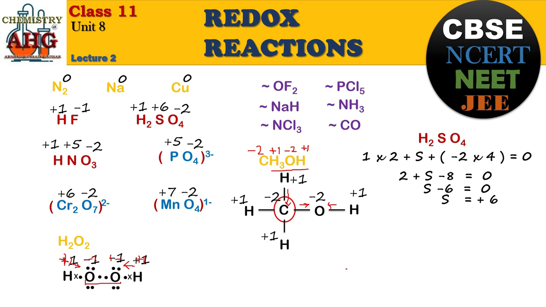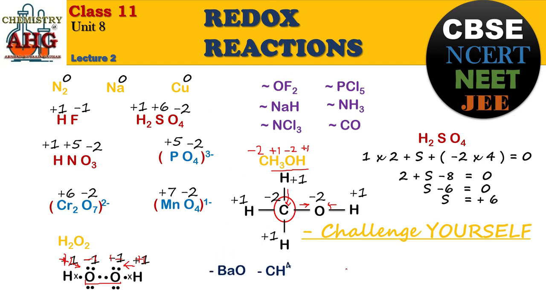Okay students, I am pretty confident that you would have understood how to find the oxidation state for each and every element in a given compound without taking any help of rules, without using a notebook. You can follow this mental method and find the oxidation state of different elements. Now I am giving you some more examples. You can pause the video, find the oxidation number of different elements, and then check your answer whether you have done it correctly or not. These are a few examples.